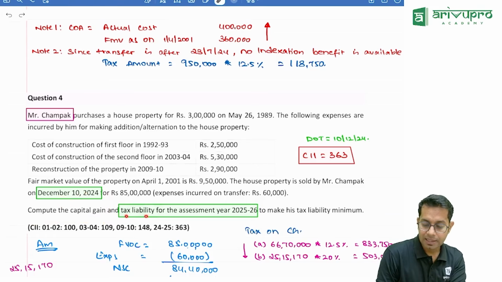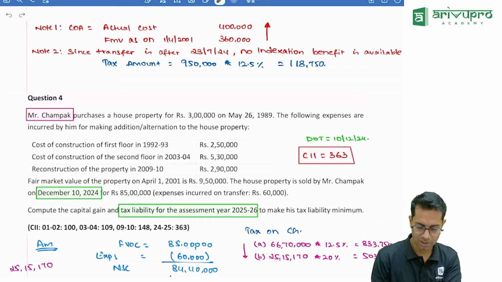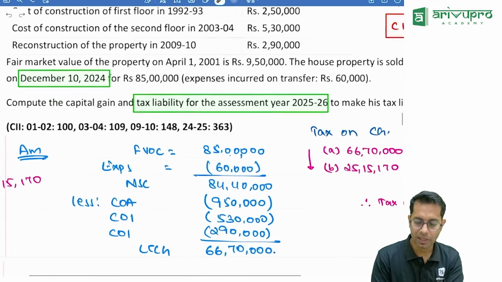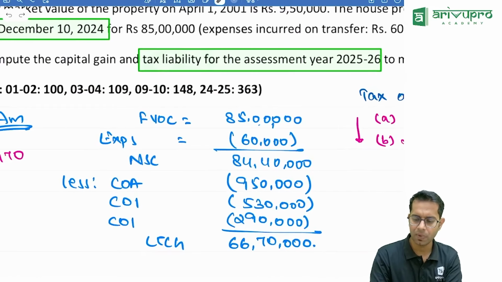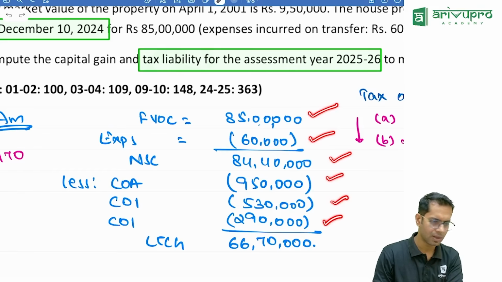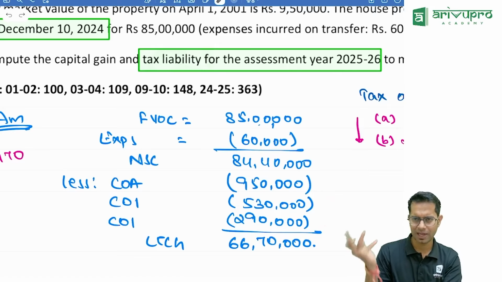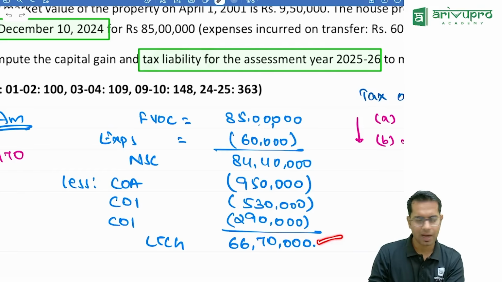And tax liability for the assessment. Because they have asked us the tax liability also, I have to recompute the capital gain with indexation. So first what will I do, sir? I'll compute the capital gain, without indexation only we should compute. So whatever is the full value of consideration, less expenses, you will get your net sale consideration, subtract your cost of acquisition and cost of improvement. And we know that cost of improvement before 1st of April 2001 should not be taken. Anyway, that we will cover under marathon.